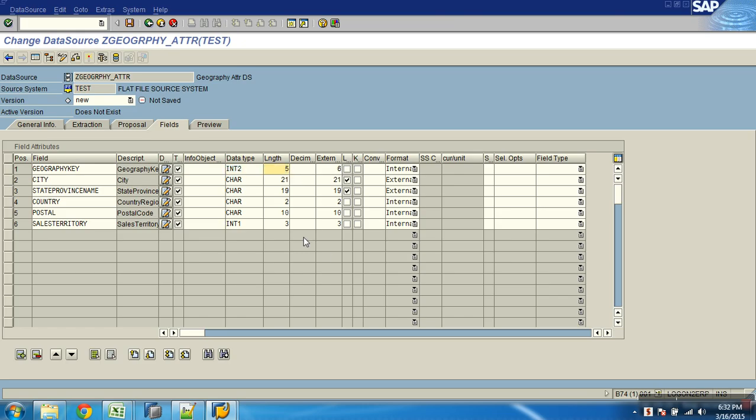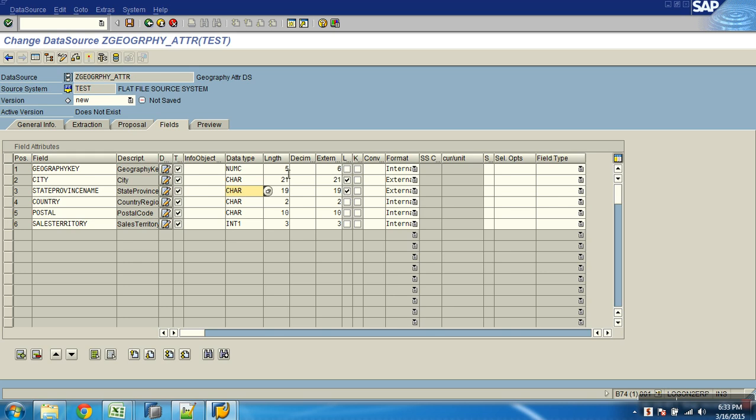I don't really need 6. Can I make it 3? So you can customize data type, all those also, no issues. Anything can be customized. Say for example, now I don't want that to be integer. I'll say let it take it as NUMC only. I can change it. City is CHAR, okay, this is fine, and lowercase is also enabled based on the data available.